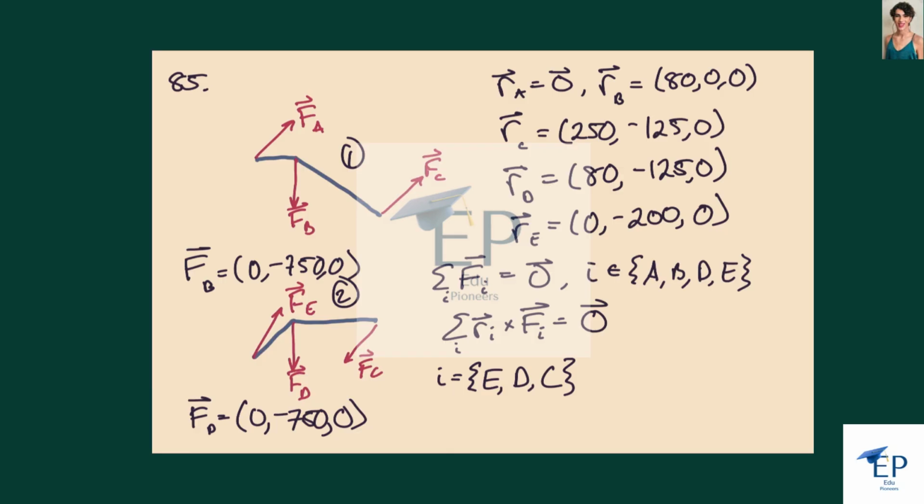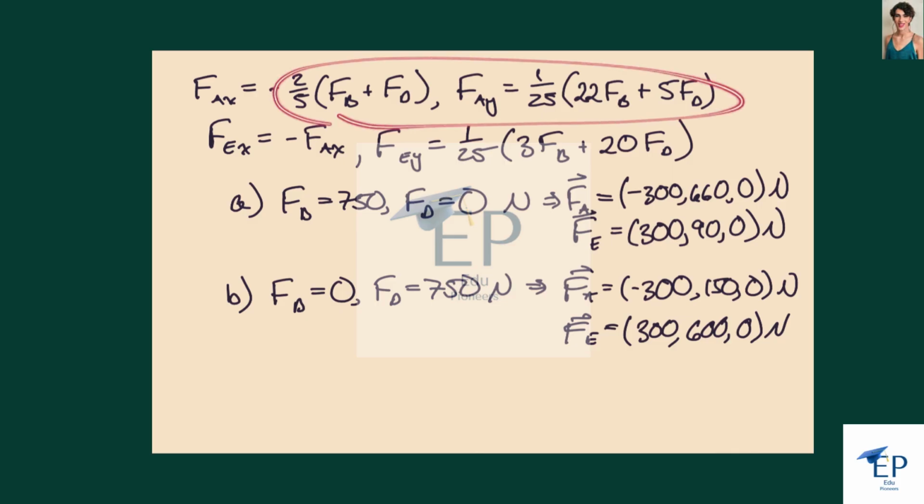And so again, we could go through the algebra to solve those, and I solved them in general terms of whatever FB and FD are, so I can set one to 0 and get both of the answers. So in case A, when FB is 750 and FD is 0, we get these 2 reaction forces at the pivot points, and then we can see here in the second case, when FB is 0 and FD is 750,